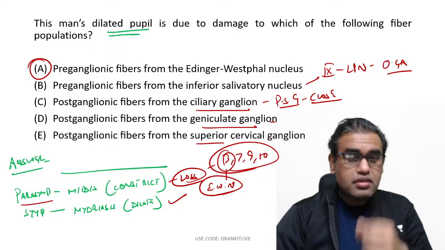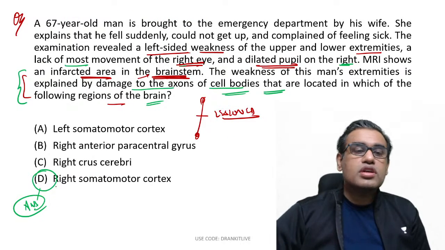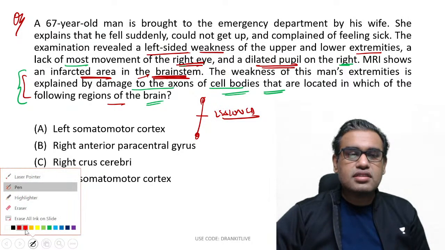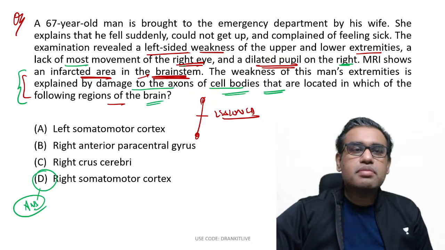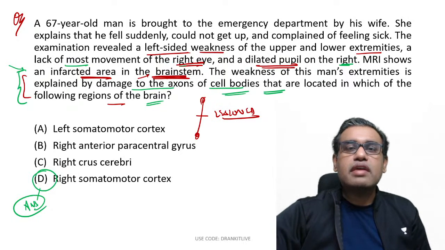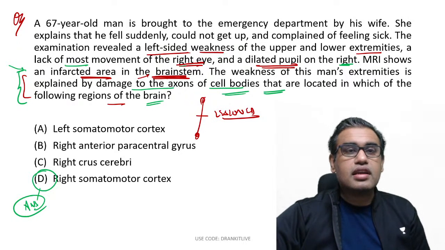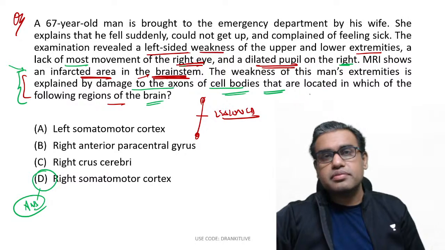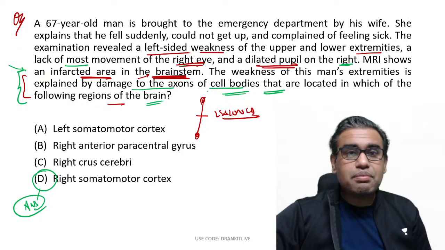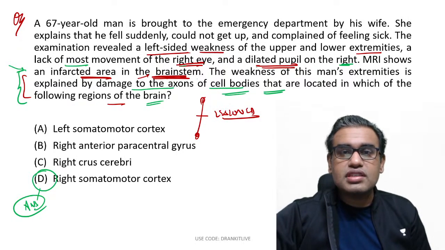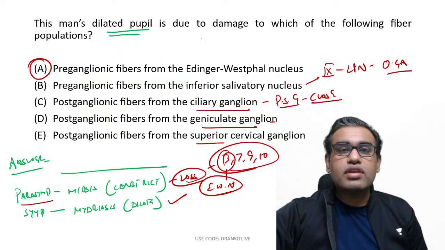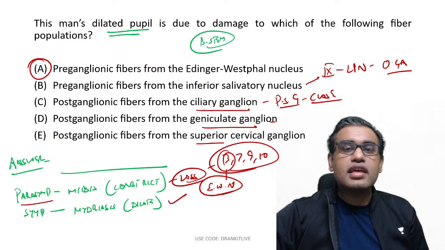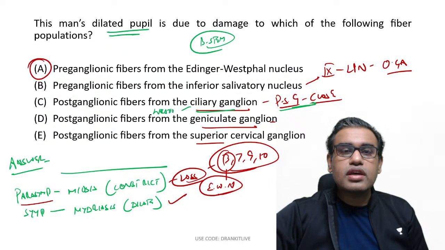Sarkar, if you read back at the question, let us take a few seconds, guys, if that is okay with all of you. Lesion was in the brainstem. The patient had left side weakness of the body and right eye problem, a dilated pupil on the right. The lesion was in the brainstem. They are asking you, why is the dilated pupil due to the lesion, where? It has to be somewhere in the brainstem. Ciliary ganglion is a parasympathetic ganglion, but its location is not the brainstem. Its location is close to the orbit.